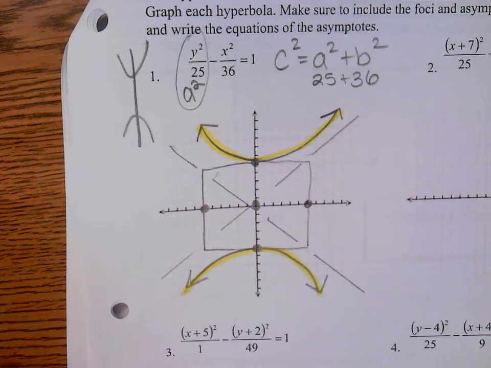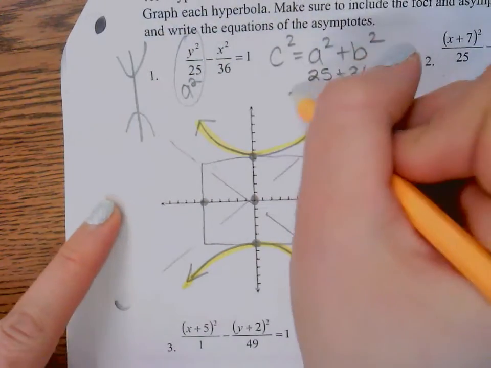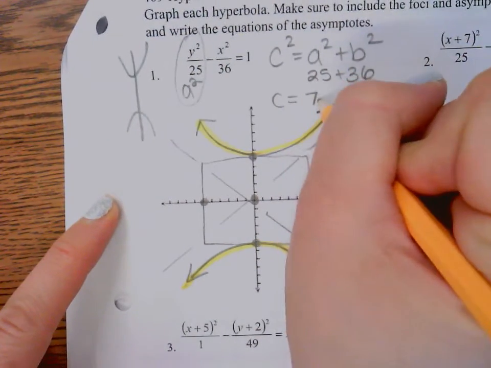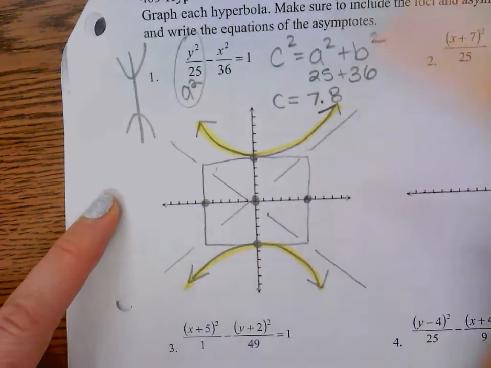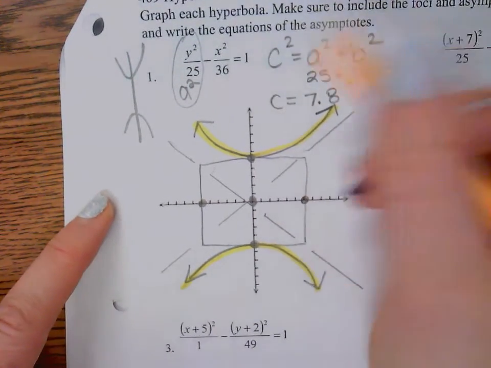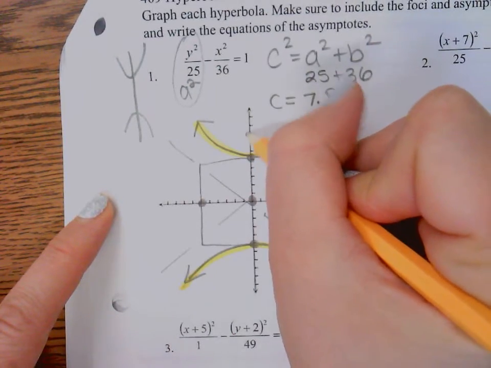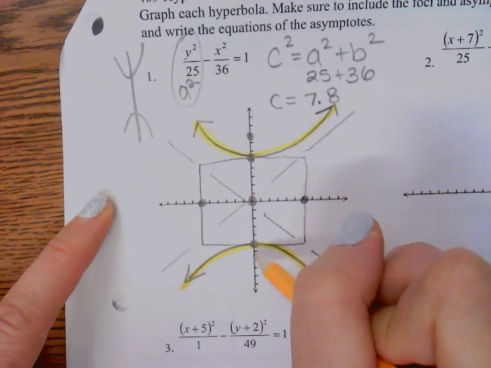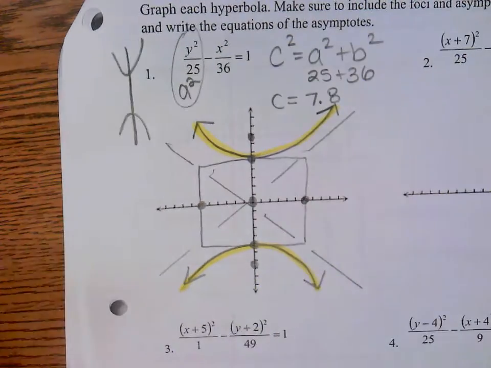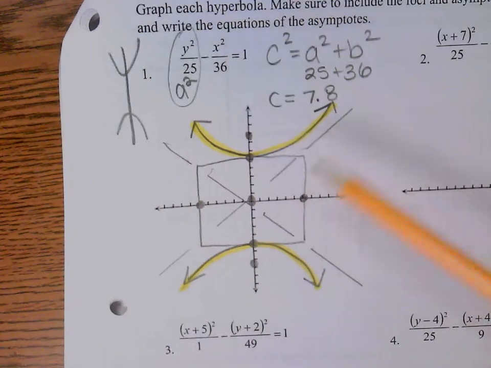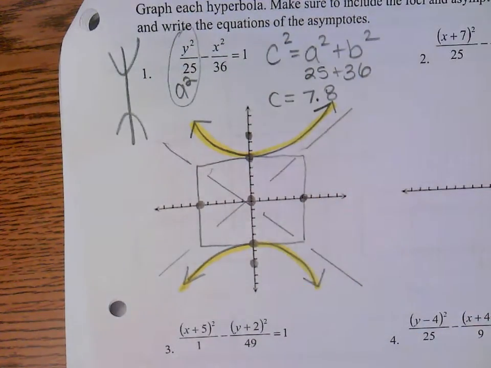And the square root of 61 is 7.8. And you go in the vertical direction from the center. So this was 5, 6, 7.8. 5, 6, 7.8. So your foci are inside the curves. And if you remember the definition is if I pick any point on my